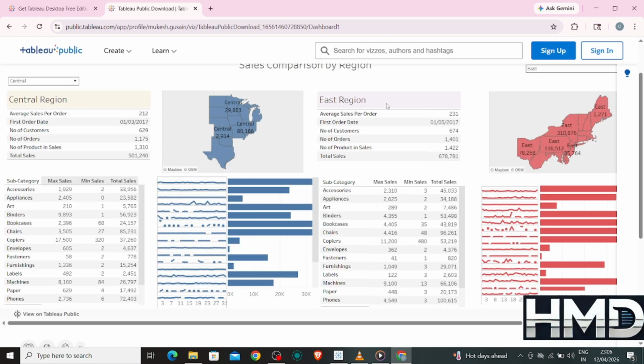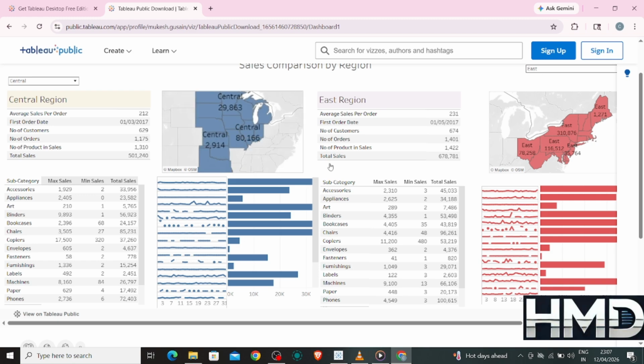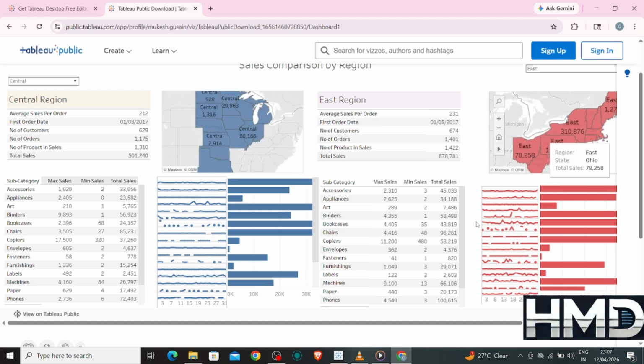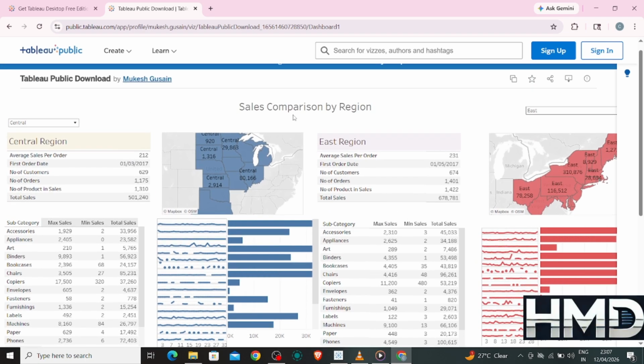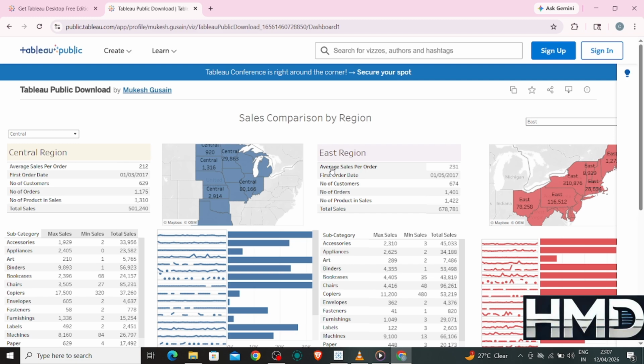After setting up your account, explore different features like creating charts, building dashboards, and sharing your work online. Practice regularly to improve your skills and understand how data visualization works. In short, you can access Tableau for free by using the free trial, Tableau Public, or the student program, depending on your eligibility. Now that you know the options, start using Tableau today and begin your journey into data